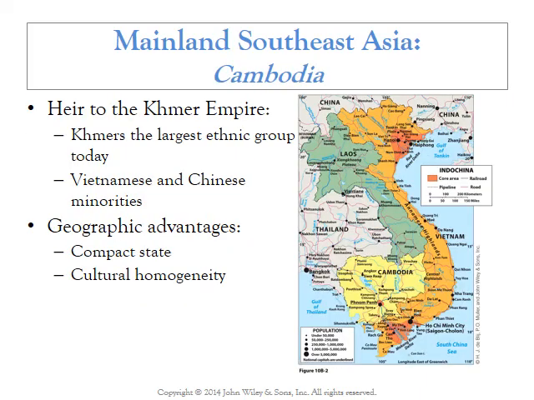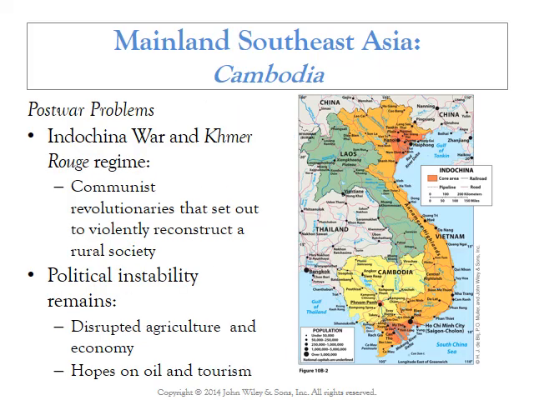The different types of boundaries were discussed, and Cambodia was used as an example of a compact type of boundary, or compact nation, which you would think would lead to some stability because it doesn't have that much of a border to defend compared to the size of the nation itself. So compact usually is a good thing. Unfortunately, Cambodia has a long, bloody history, particularly the Khmer Rouge regime. If you're not familiar with it, I encourage you to look up the movie The Killing Fields, which gives details about what life was like during that time period.